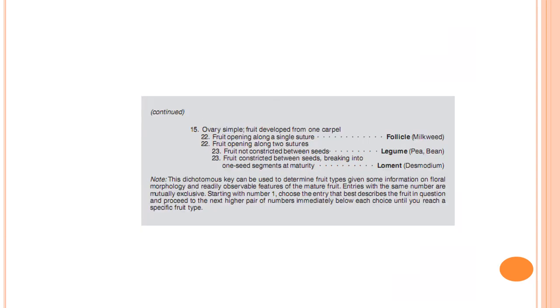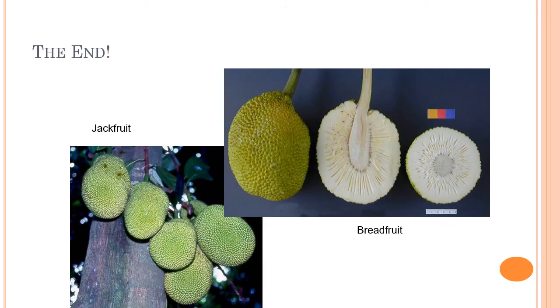Okay, so I think this is the last slide here. And so this was fruit classification. Now you need to remember only one thing. Fruit classification depends on the flower where the fruit is coming from. If it came from a single ovary, a single flower, then we call it simple fruit. And this simple fruit is also classified into berry, hesperidium, and stone fruit. Also, pome is a simple fruit because all of these are actually coming from a single